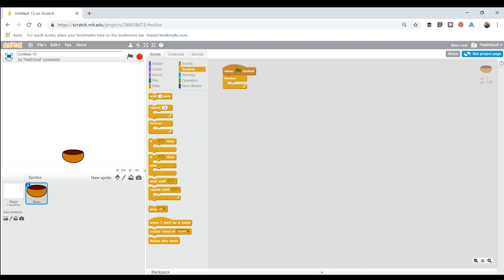A couple of different things that I wanted to do in here. I want you to be able to push the right arrow button and the bowl is going to keep moving to the right until you hit the left arrow button, and then it's just going to keep moving left. How do we code that up? We're going to need